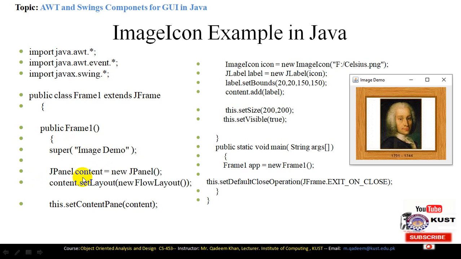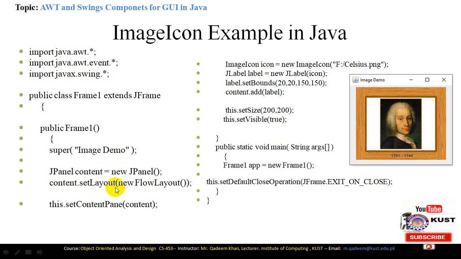Then we have JPanel content = new JPanel. It defines the panel inside the container. When you want to design your GUI, first of all you have to declare the JPanel, put all the controls into the JPanel object, then also put the JPanel object into the container of the GUI. Now content.setLayout(new FlowLayout) means that